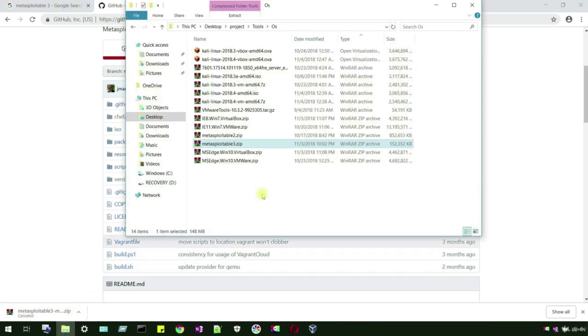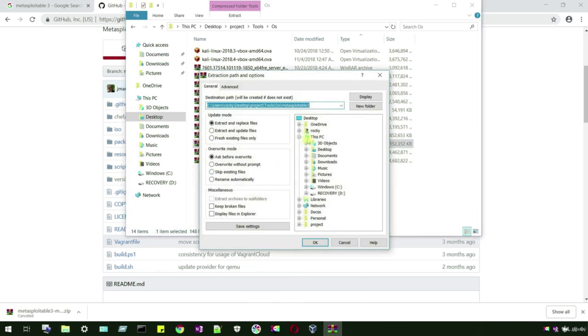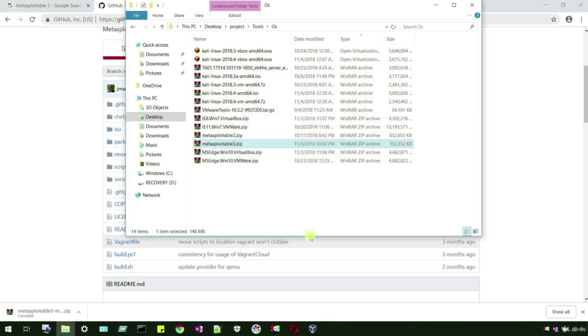Then I'll go to my Tools folder. Now you can right-click on the Metasploitable 3 archive and extract it anywhere you want to. I'm going to extract it at my desktop. Okay, great. So extraction is completed. Now open the folder that you extracted the files to,